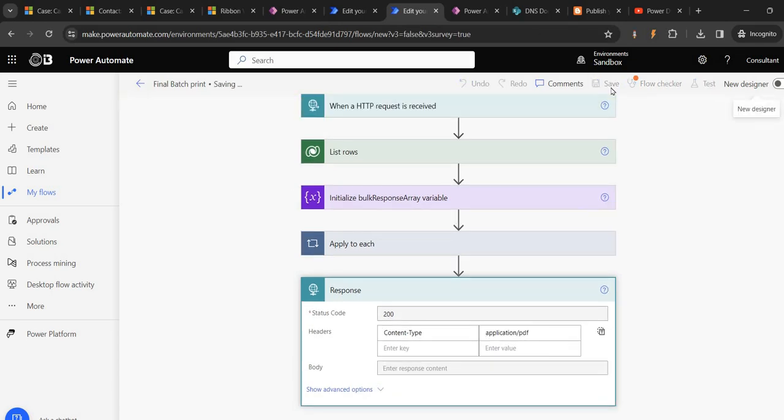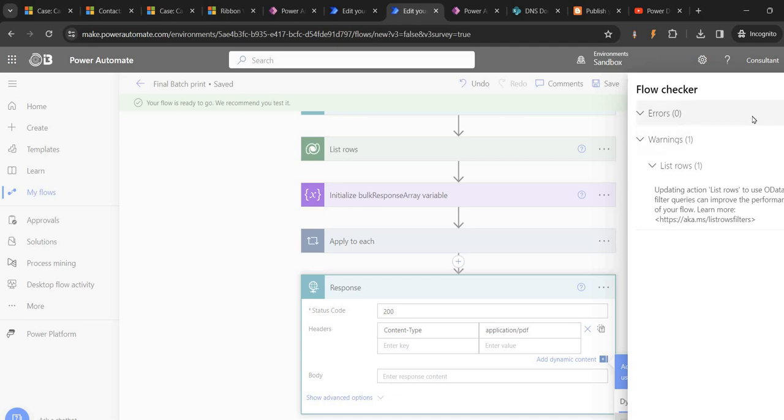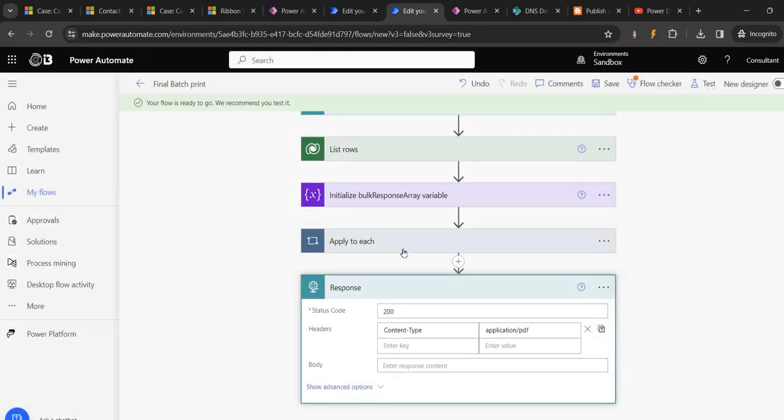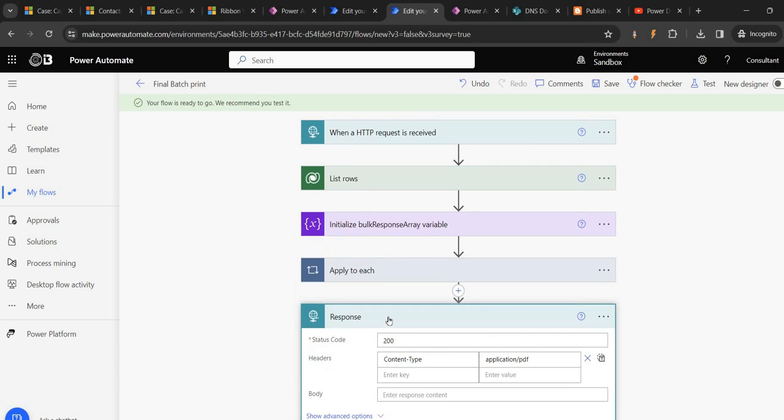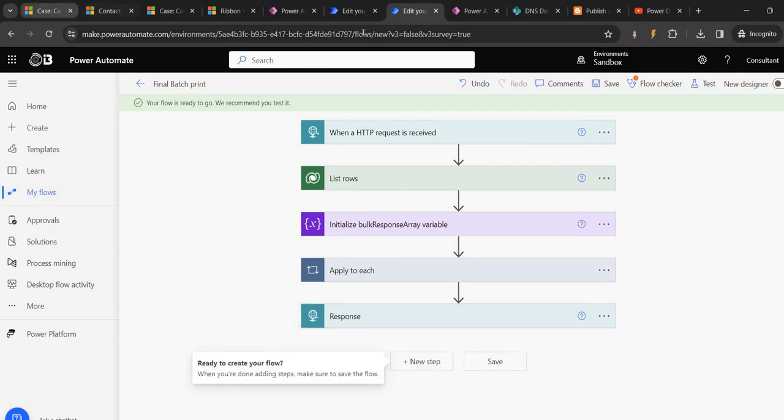Let's save it. Batch printing. Okay, so now I think we should be able to achieve this one instead of running the